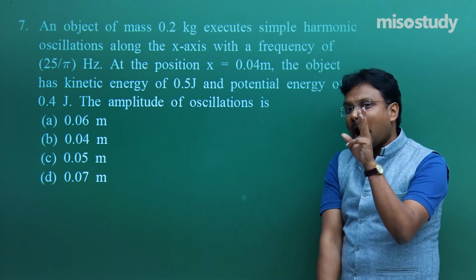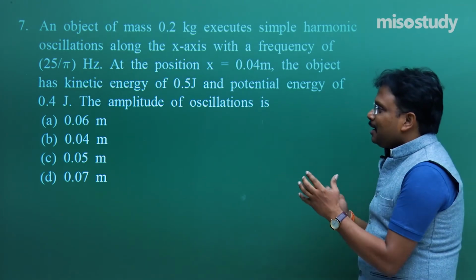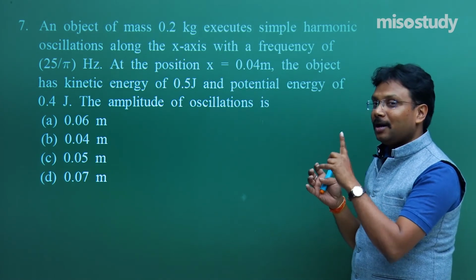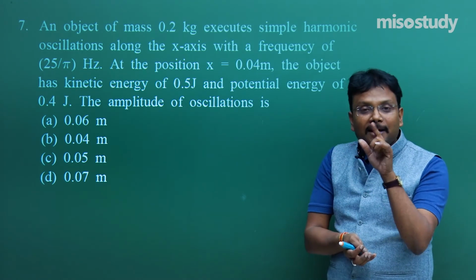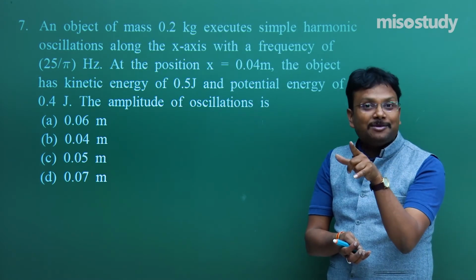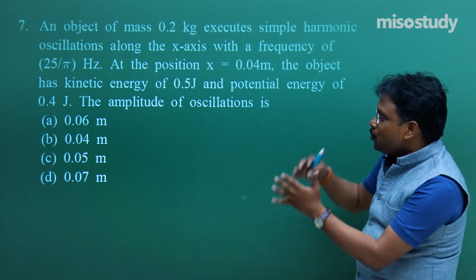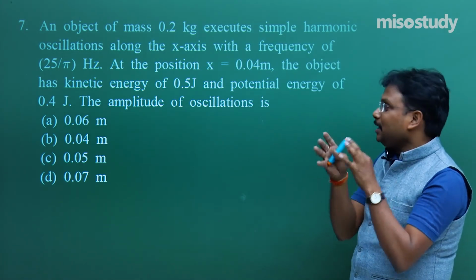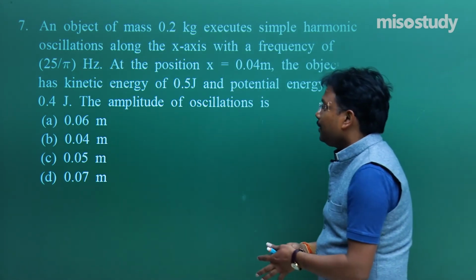Now, in this question, after 4 questions, what did I do? I simply incorporated the concept of kinetic and potential energy both. Try to recall, in the same discussion, in question number 1, 2, 3, what I mentioned: kinetic energy max is half m omega square a square, and accordingly potential energy max, and omega is what? 2 pi f. So you can say, okay, those two concepts are correlated over here, fine. So the amplitude of oscillation is how much? That we have to find out, okay.